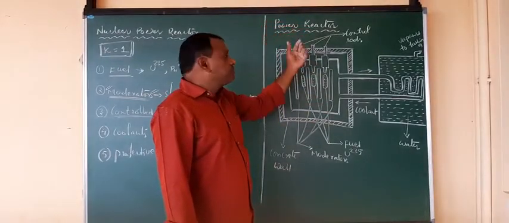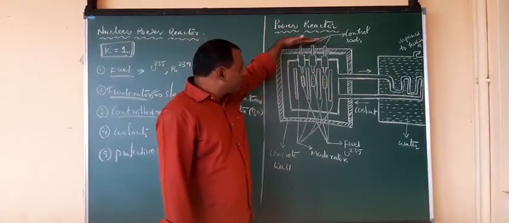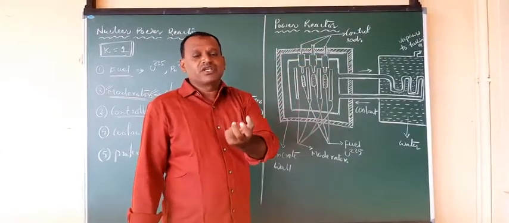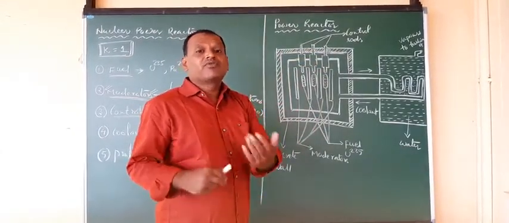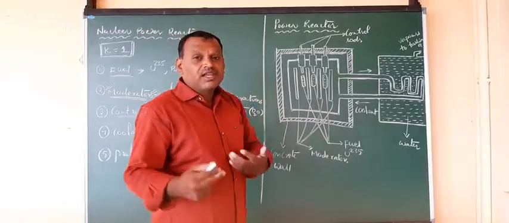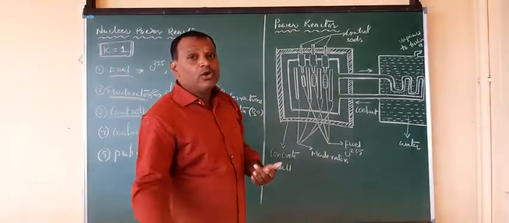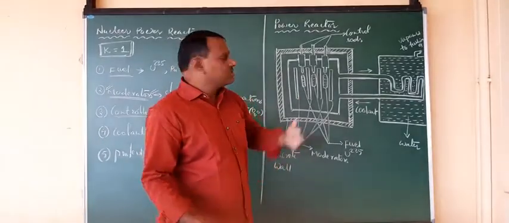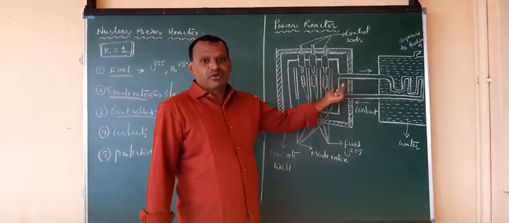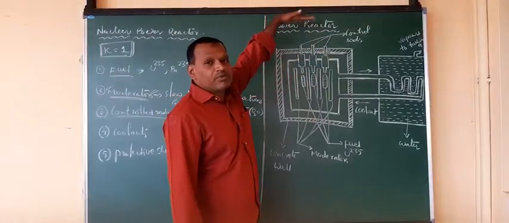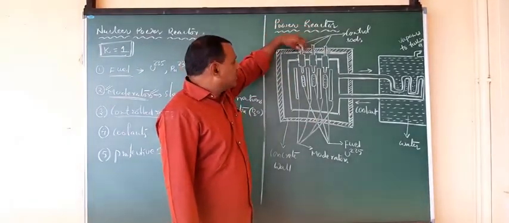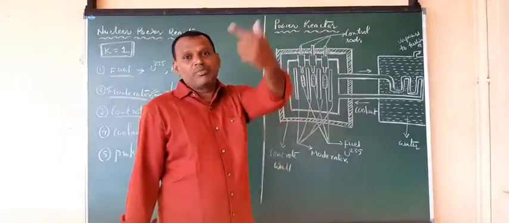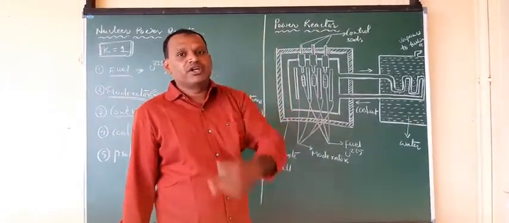If you want to absorb more neutrons, you insert the rods downward so they absorb more neutrons, the number of reactions decreases, and the energy generated in the reactor is lower. Or if you want more fission reactions, the rods should not absorb so many neutrons, so they are pulled up outward. Fewer neutrons are absorbed, more fission reactions take place, and more energy is generated.